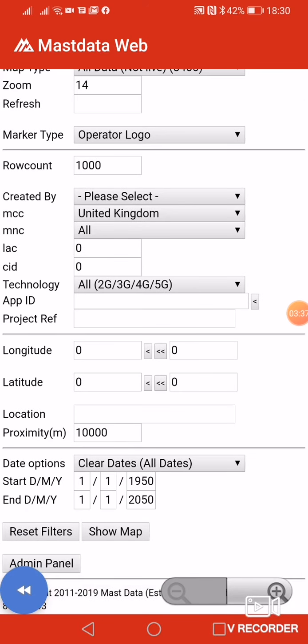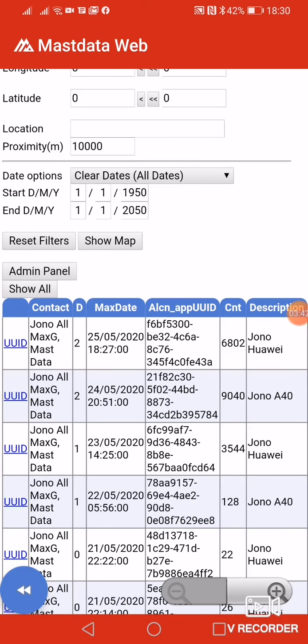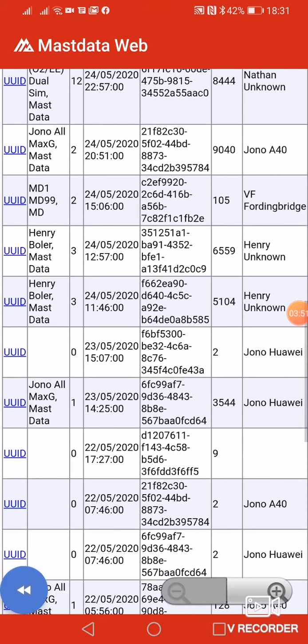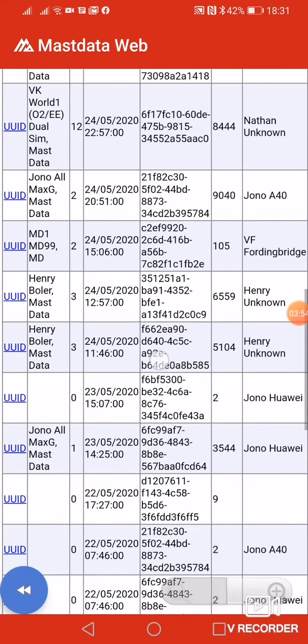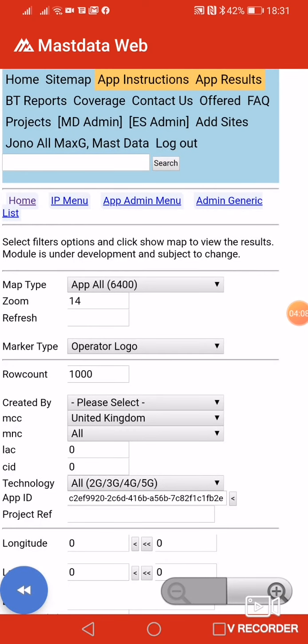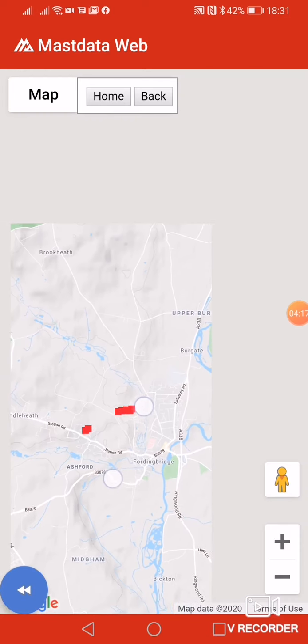Another thing on the admin panel, if you go down here, show the app user IDs, and if I go show all, it will not just show mine, it will also show other people's. So here's an example, VF Fordingbridge, that was Henry, a chap that I think you met down at the brass band concert. He pops up every now and again. So let's look at him as an example. If I click on his UUID, it will populate the app ID with the UUID there. So if I then click on show map at that point, it then